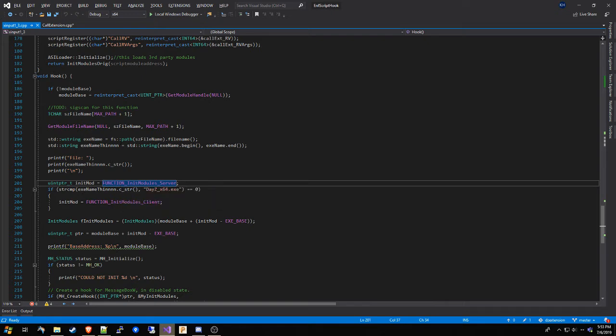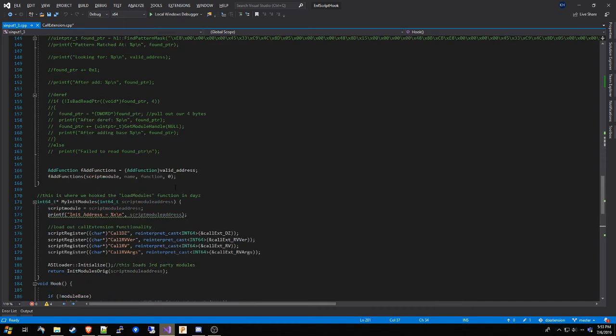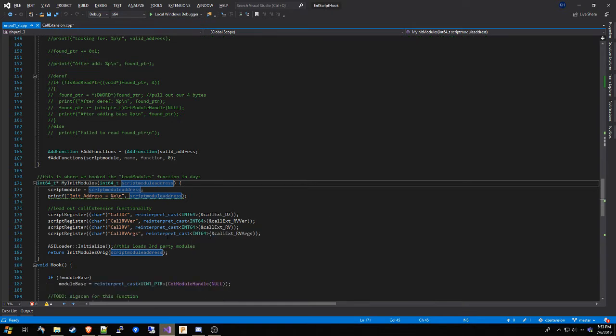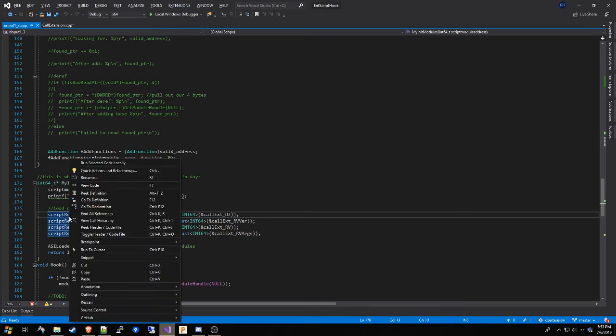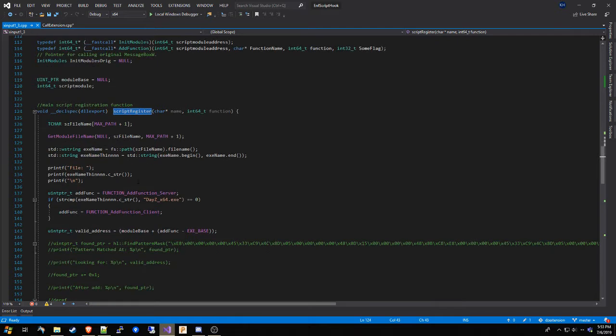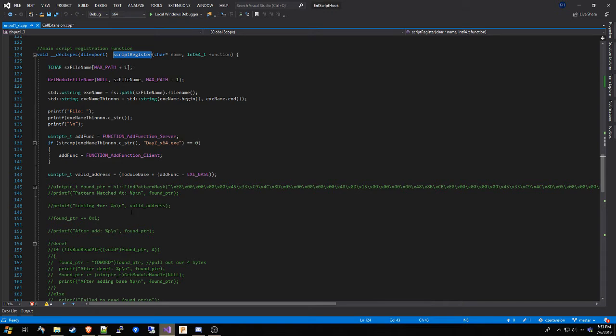So we hook onto that, and that actually gets passed an address, right? A pointer. That pointer represents, I guess, the object that Enforce, or the emulation for Enforce. I'm not too sure what that points to, because I haven't really looked into it. But that is the argument we pass into script register. The second function that we need. We only need two. Script register is a function in DayZ that registers our method. It's the pointer to our method